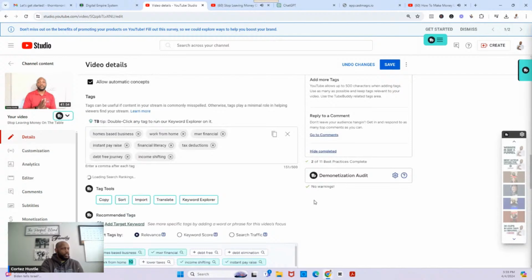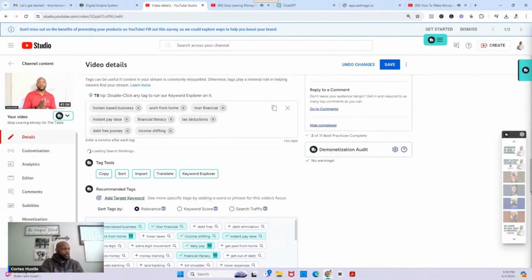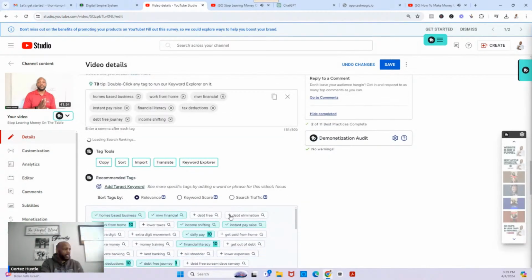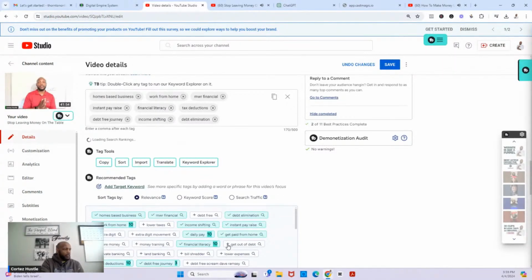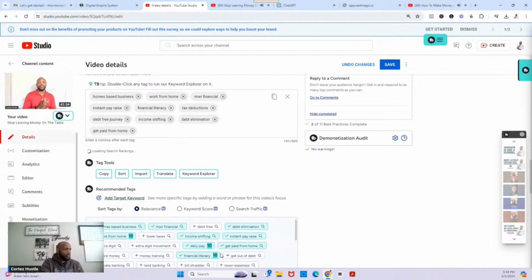So you see I got 151 characters out of 500. I'm just going to keep adding these tags, as many as I can. Do that. Money training, movement, digit, lower taxes.